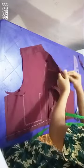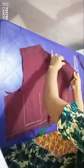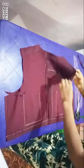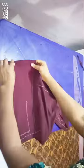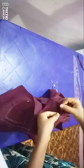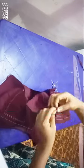We're going to do the same thing for the left and the right hand side. If you don't understand this part, please play, pause and play until you get it. Watch this part again, I'm going to repeat it. I'm going to flip the facing backwards just like this. I'm going to flip it backwards,